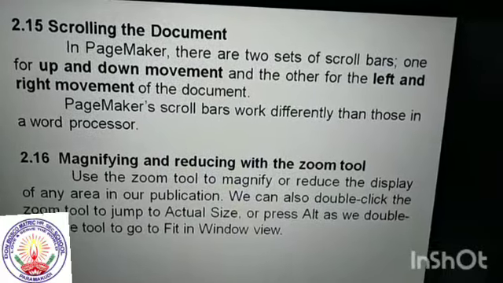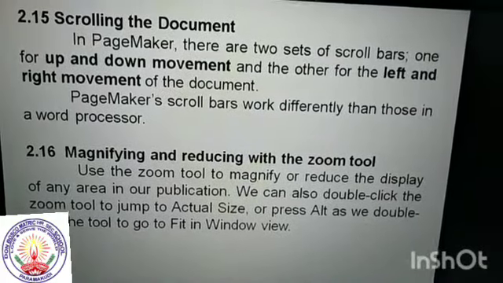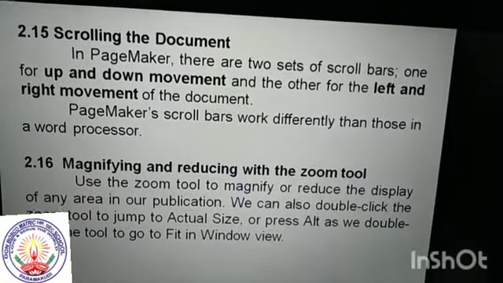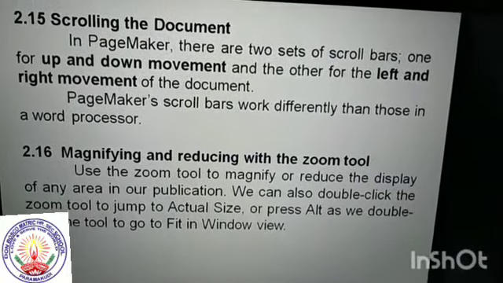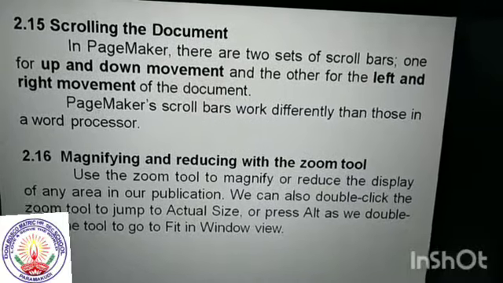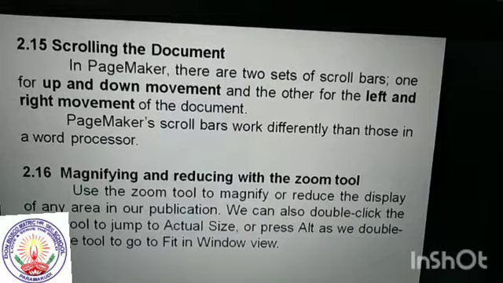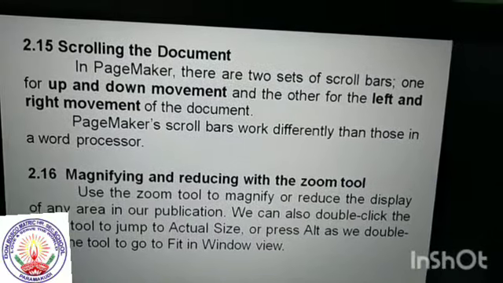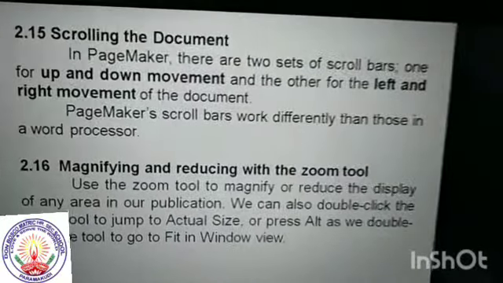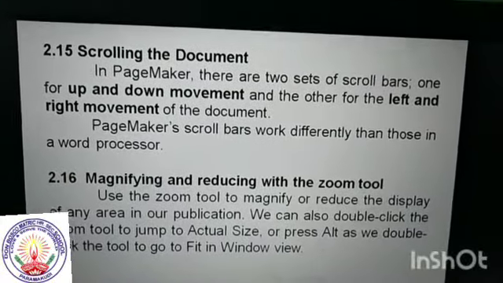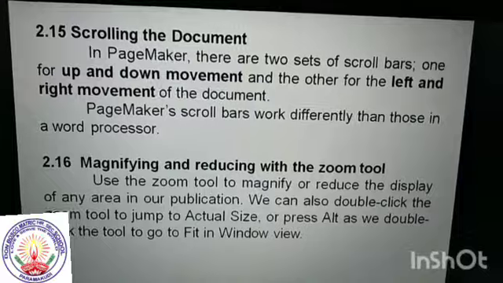We can also double click the zoom tool to jump to actual size, or press Alt as we double click the zoom tool to go to fit in window view. Mainly we use the zoom tool to magnify particular pictures or pages, when we want to see the big size.